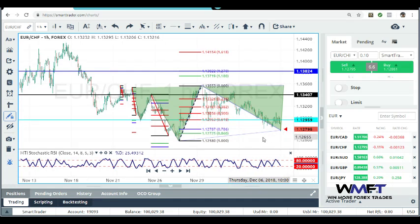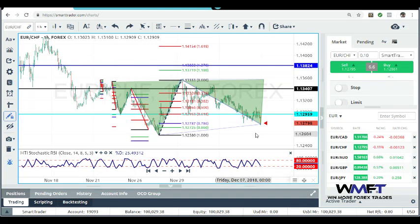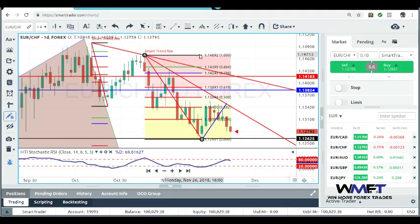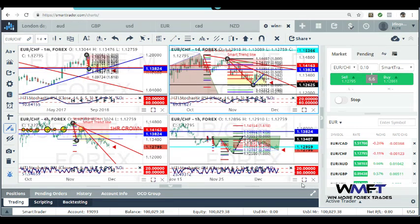I was wanting to see if this crown formation would fulfill and place a sell limit here with my stops off, putting my stops 10 pips above the A on the daily time frame off of this Fibonacci wave movement. And that would be a pretty good